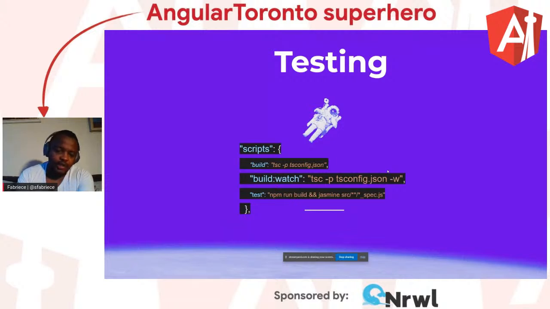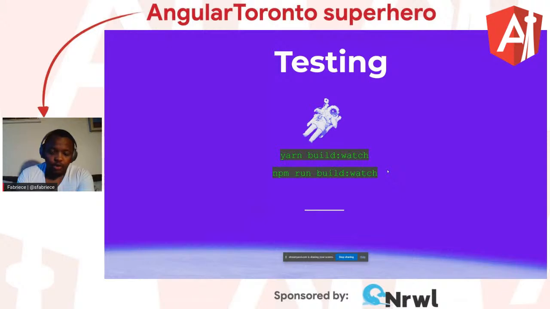All right, so once you generate the schematic, you usually get a build and a test script. I've added the build watch, which enables me to basically rebuild my project as I'm changing it. So it is a nice thing to add there for reference. All right, so you run yarn build watch to get a rebuild, and then to actually test